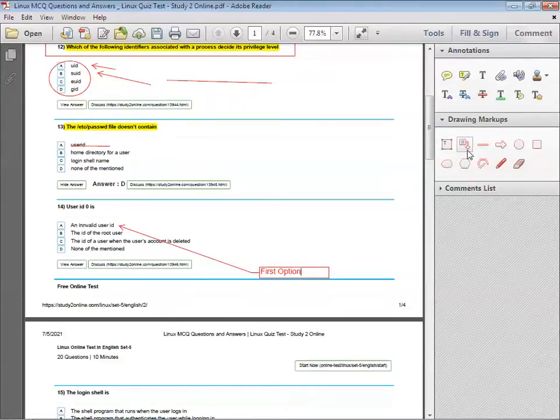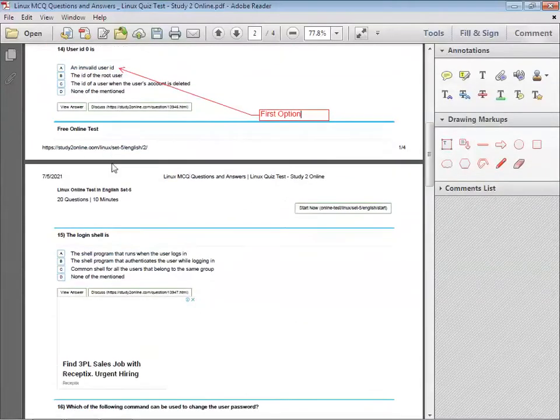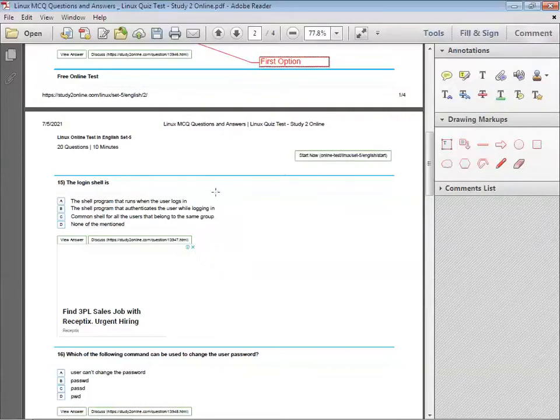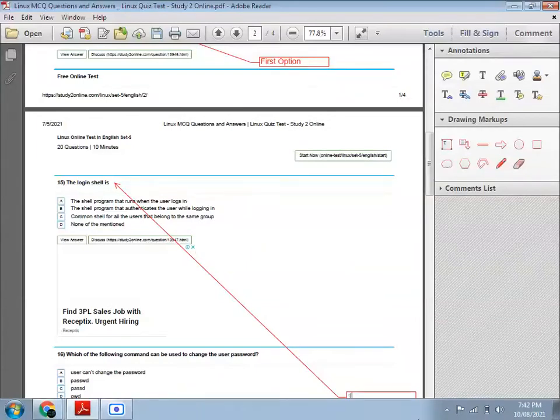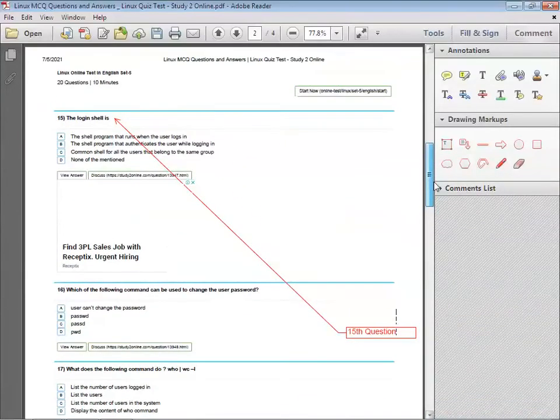Suppose for example we want to set this for the 15th question. For that we just click on the 15th option, and from this you can go to the bottom of the page, and here you can put 15th question, and this will be marked here. Means if you want to show a text at another place and that will point to the other place, this can be shown with the help of this callout option.